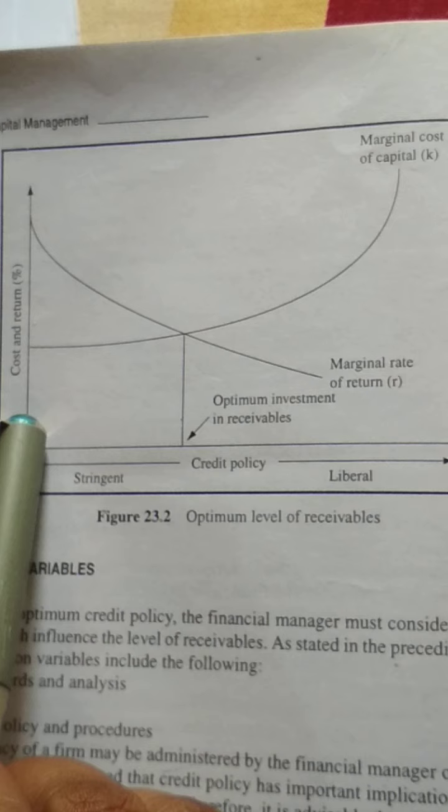If you look into the graph, there is the credit policy on the x-axis and cost and return or benefit on the y-axis. You could see the credit policy here. If a stringent, tight credit policy is there, the cost and the return percentage will be very high, because people will pay back the amount fast because of the stringent policy. You could see that this policy is adopted in some banks, especially private sector banks. When we take loans, they